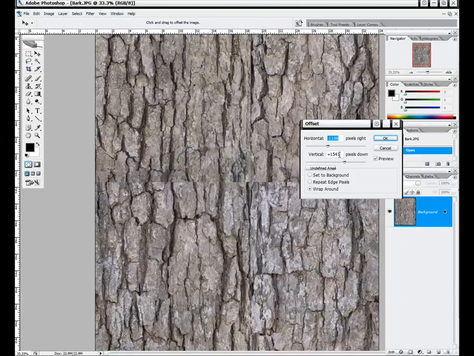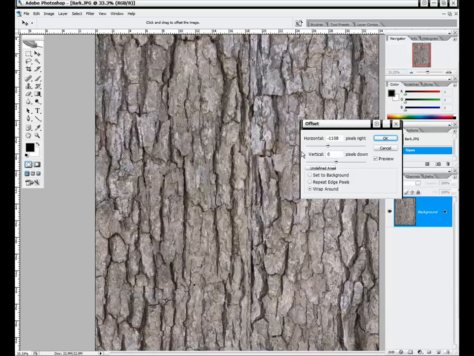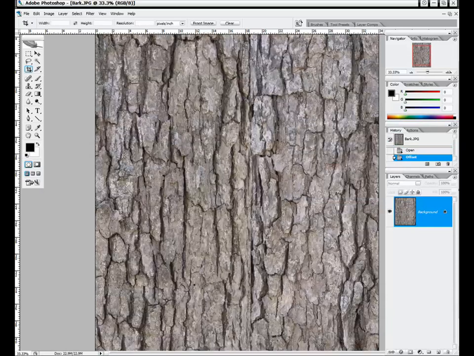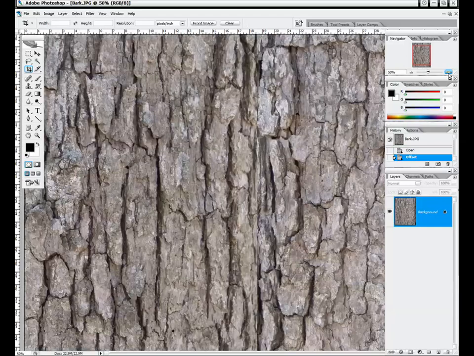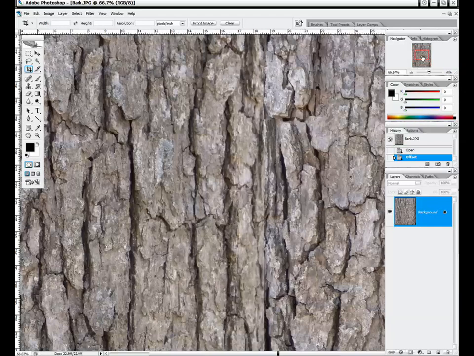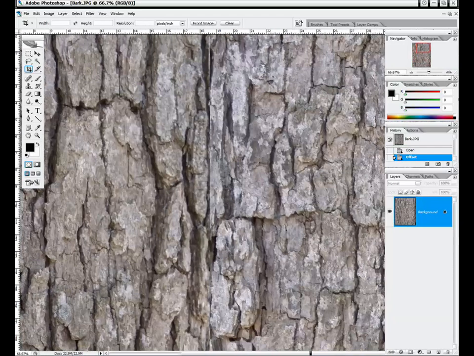But this time we're going to set our vertical to 0, and we're just going to work on the horizontal right now. And click OK. And this is going to make it a lot easier since we don't really have too much of a coloration issue. We can see that our colors right here can also be found right here with not too much or too large of a difference. So if we just zoom in using our navigator, and we'll go ahead up to the top,